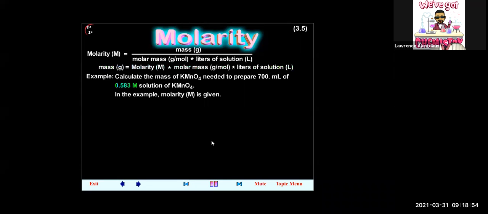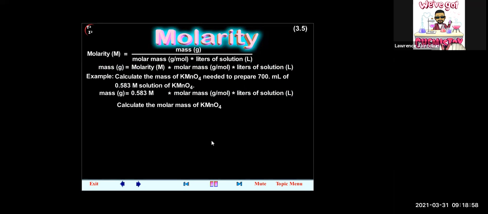In the example, molarity is given. Calculate the molar mass of KMnO4. Molar mass is equal to 158.0 grams per mole. Convert 700 milliliters to